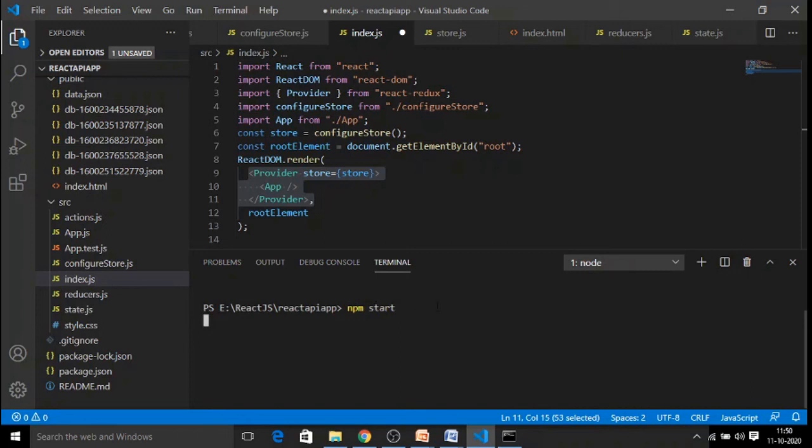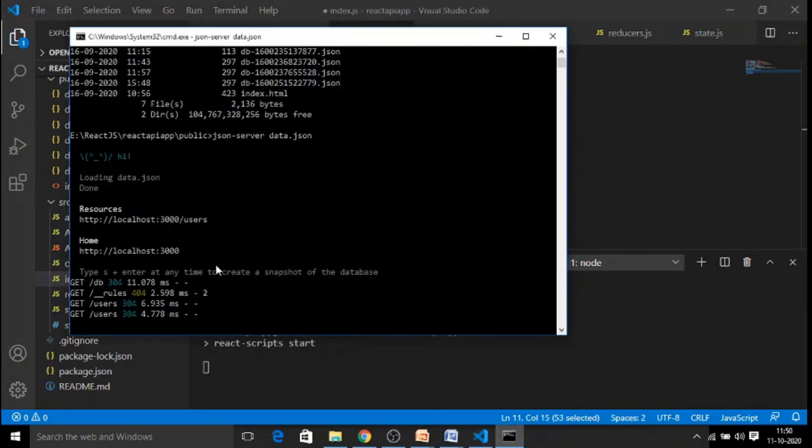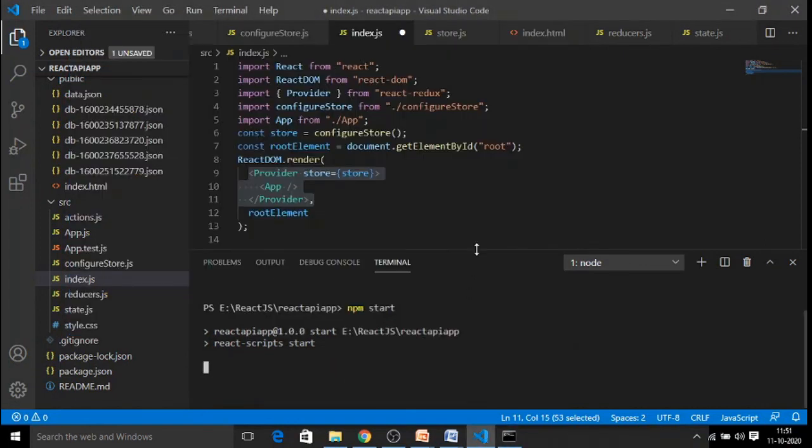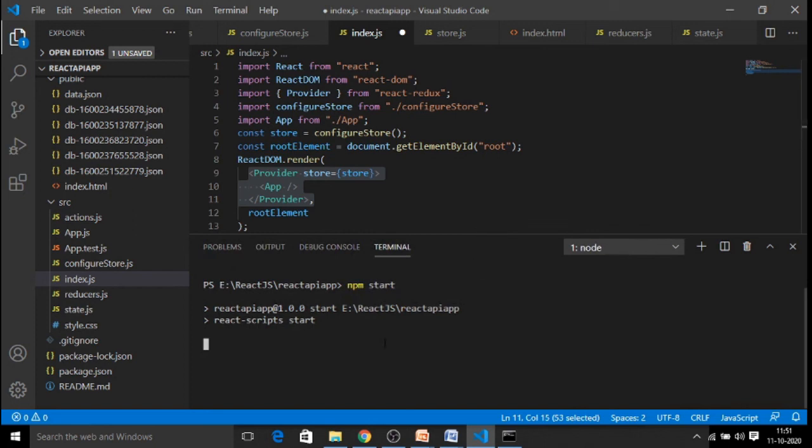Just let us start with the application. Here is one thing you have to remember: already our application is running on port number 3000. Now it will say that there is an application running already on the port. So it's your responsibility to configure your npm server on a different port. What it is saying here is, do you want to run it on a different port? If you give yes, then it will search for 3001 and it will start your server on a different port.